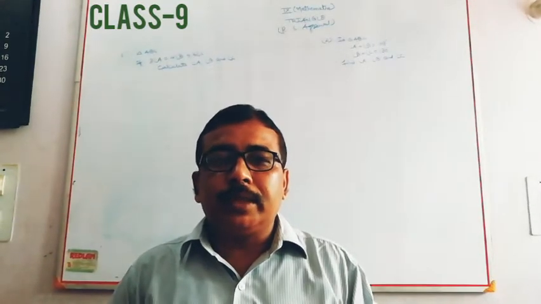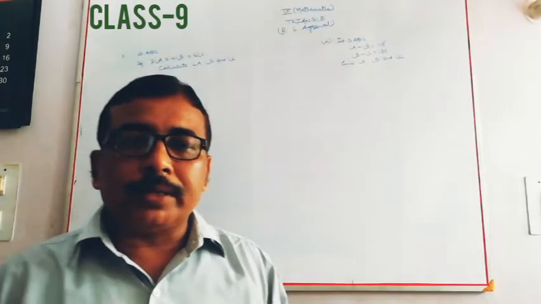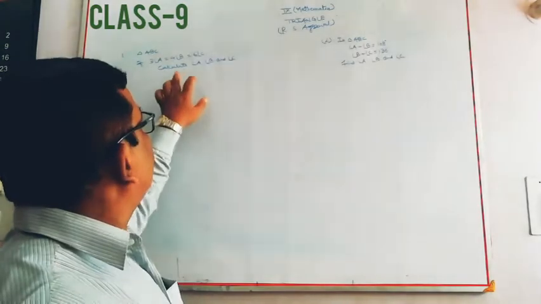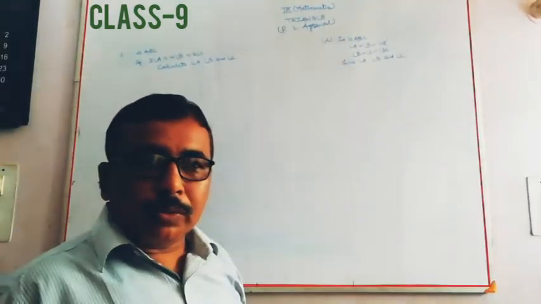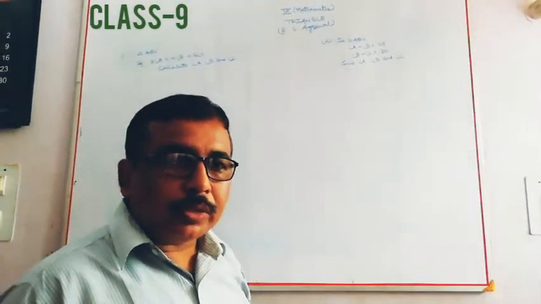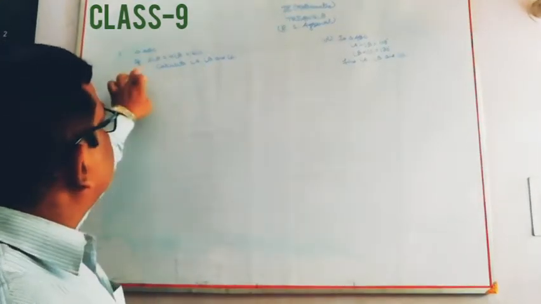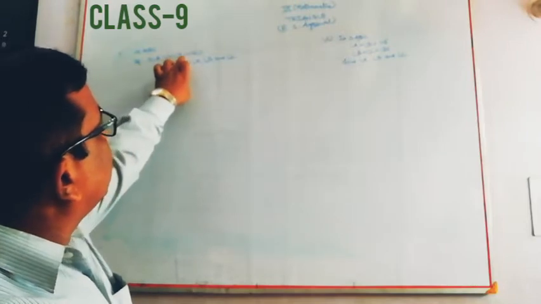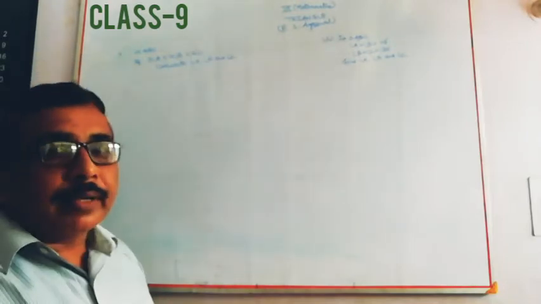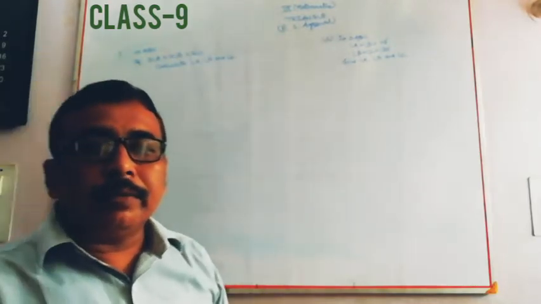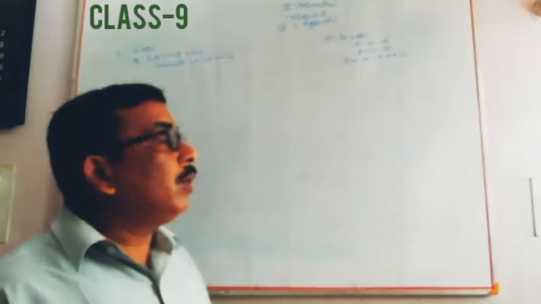I start you the important chapter of mathematics, triangle, from R.S. Agarwal book. And these two questions are very important for you. How can you solve this type of question? The question is: in triangle ABC, if 3 angle A is equal to 4 angle B is equal to 6 angle C, then you find the value of angle A, B and C. How can you find the value of A, B and C?